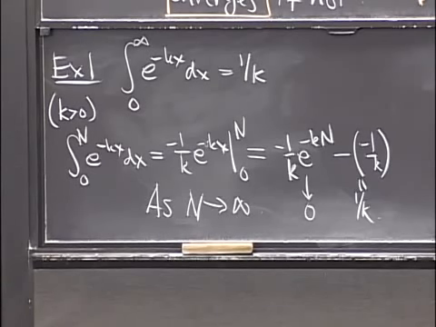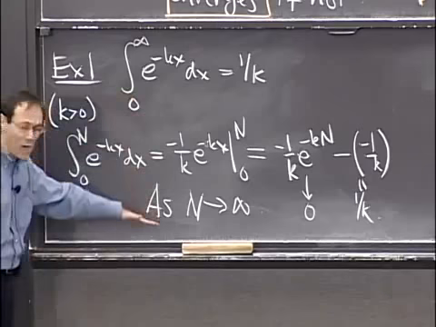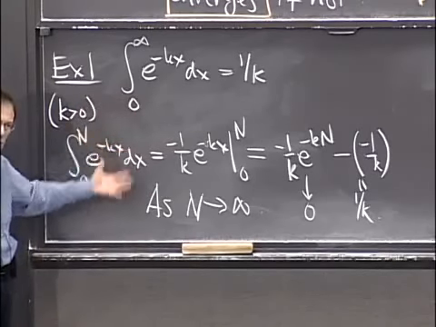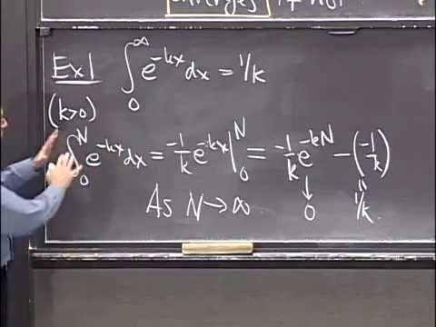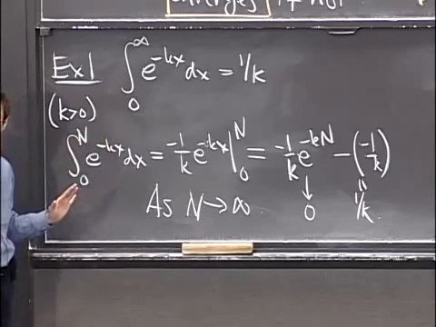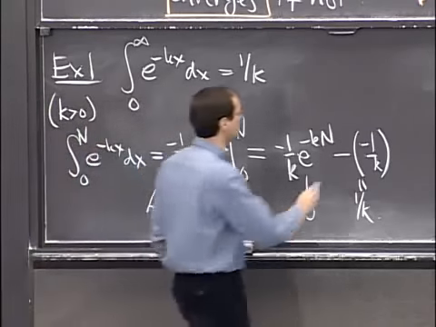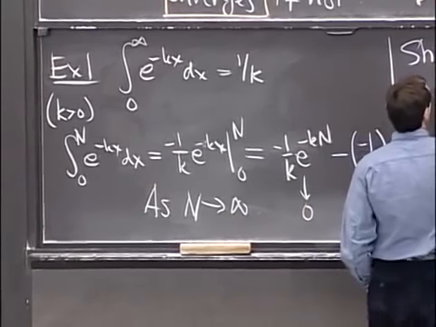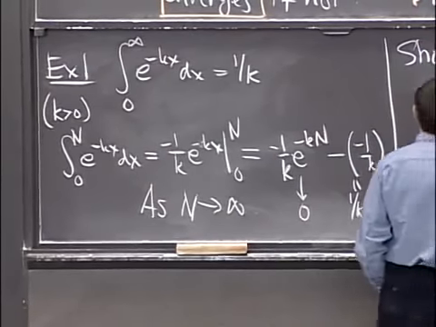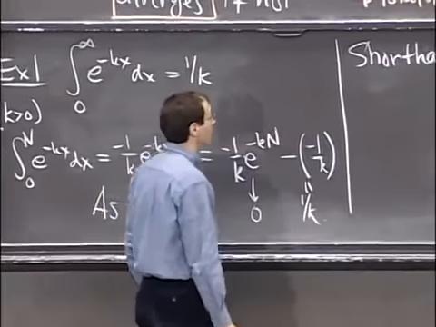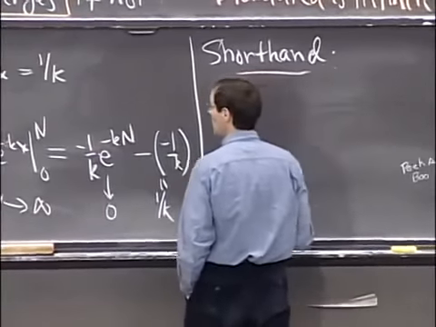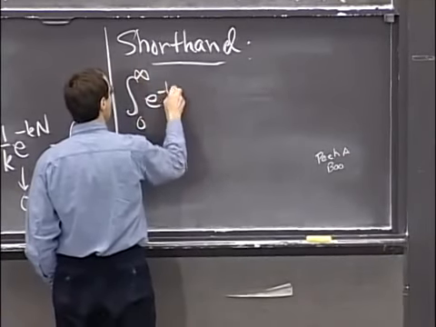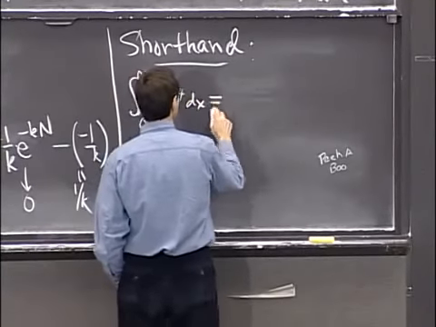Now we're going to abbreviate this a little bit. This thought process you're going to have to go through every single time you do this, but after a while you also get good enough at it that you can make it a little bit less cluttered. So let me show you a shorthand for this same calculation. Namely, I write the integral from 0 to infinity of e to the minus kx dx,